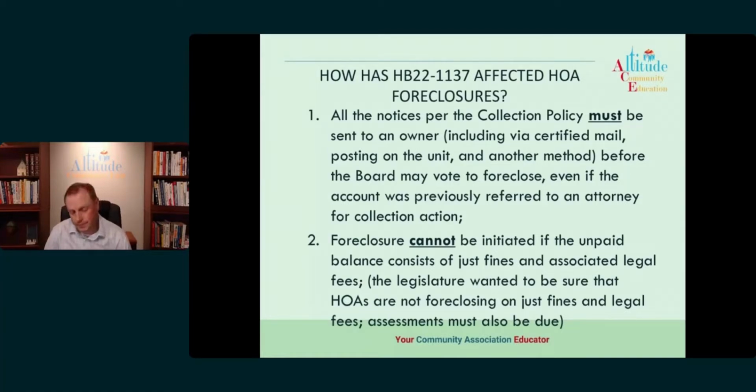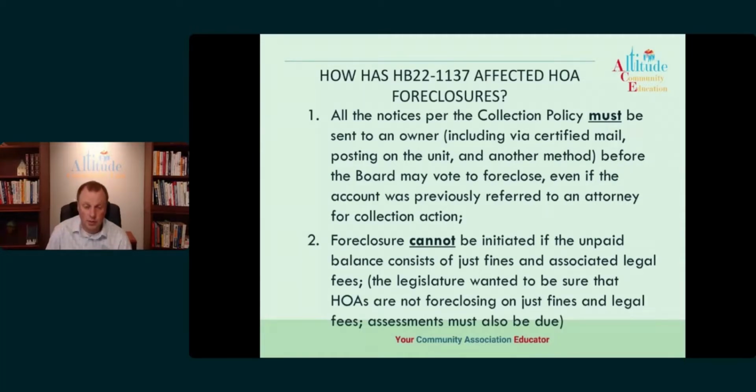There's another kind of driving force, which happened to be an attorney down in the Parker area who was filing foreclosures basically on anything that came in. Instead of going through the normal collection policy and getting balances up a little bit higher, this individual attorney decided, which was certainly legal within the law at that time, to move forward directly with a foreclosure as opposed to going through the smaller county court action. And so they're foreclosing on very small balances. So because of those things, 1137 came into effect. And with that, they were specifically trying to attack those issues.